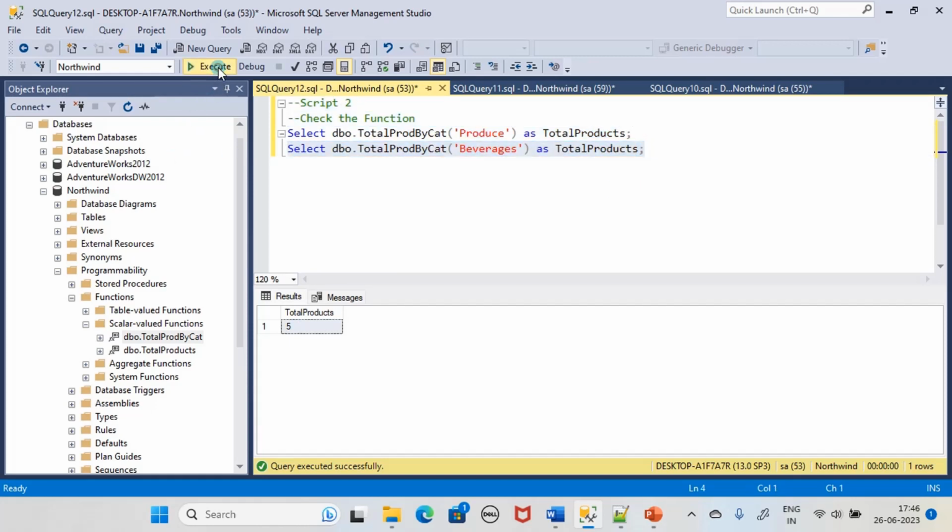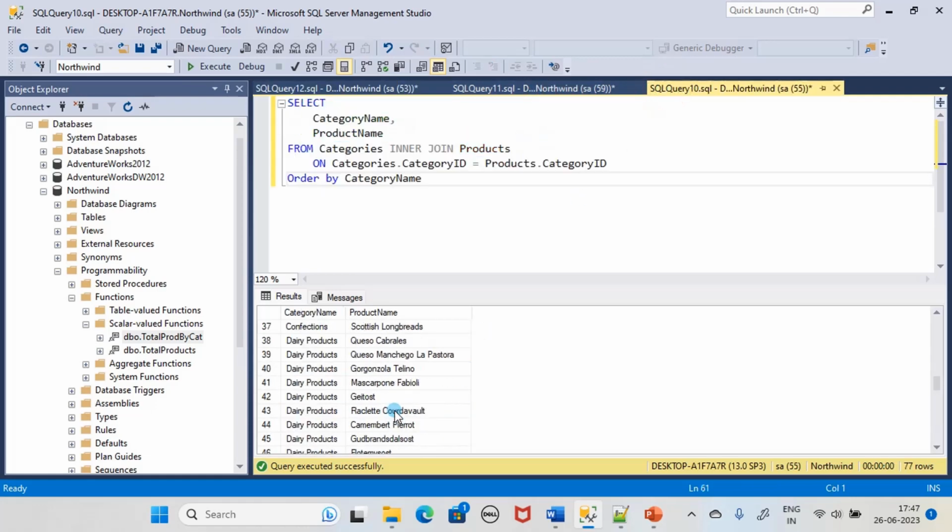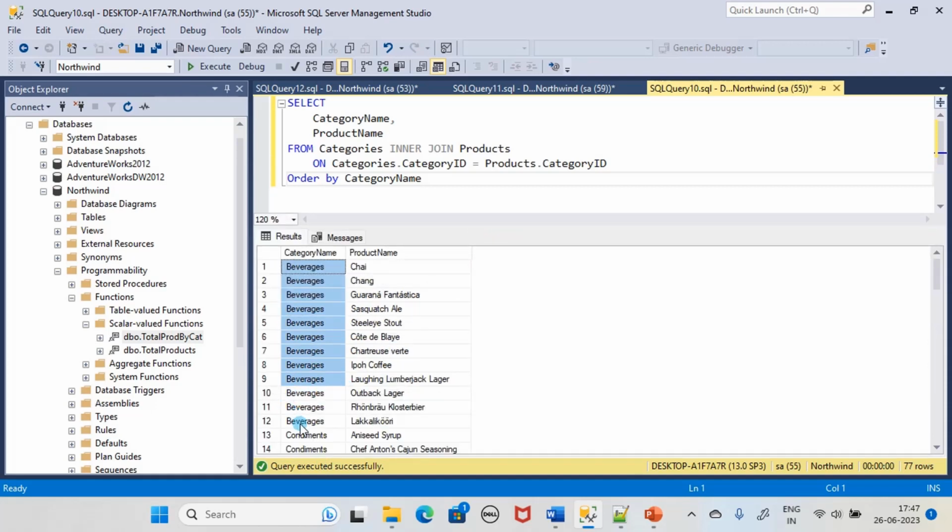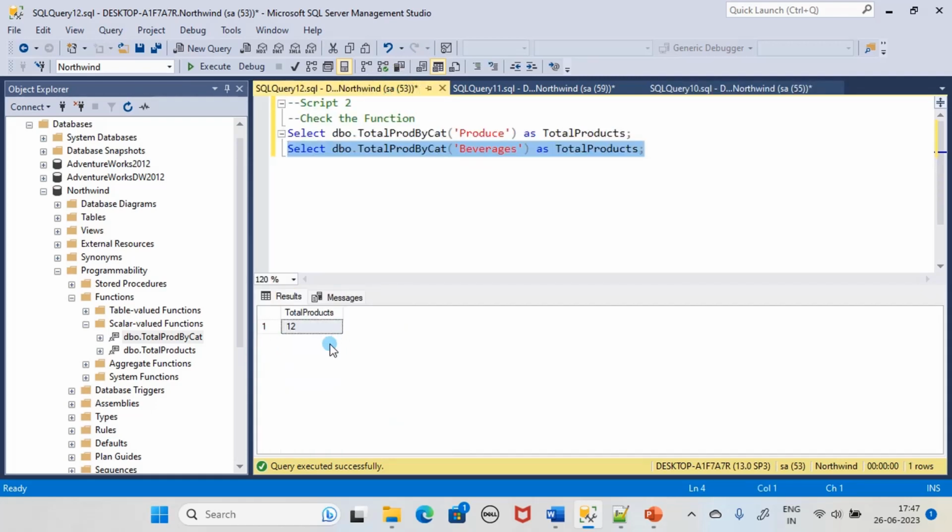Similarly, in the beverages, if you see 12 products, and if you want to make a count, you can do that. Since that's the first category type, and if you see, there are 12 products in the beverages category. And our function also returns that, right? This is one usage. Now let's